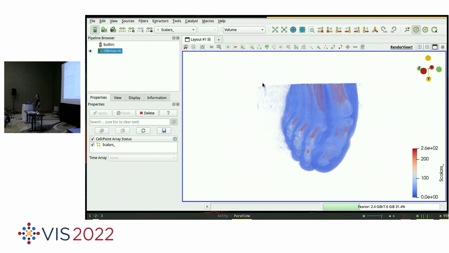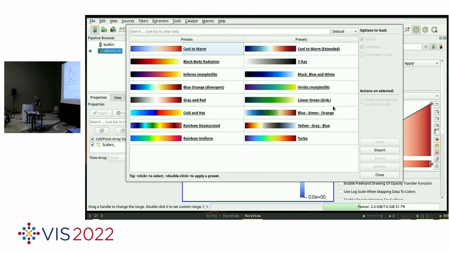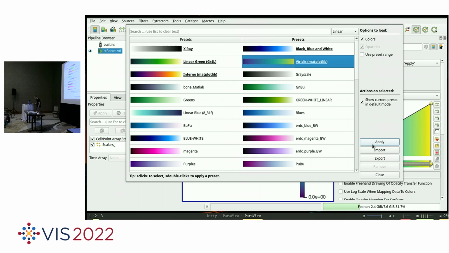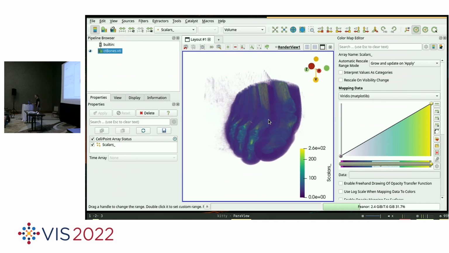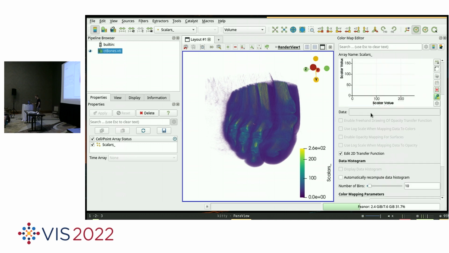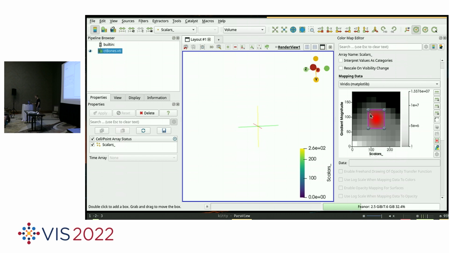And if I want to use the 2D transfer function, I need to open the volume color map editor. Here, this menu can already help me change the color map which is used to represent the data. For example, I will try this one, which is already interesting. But now there is a new menu, which is Edit 2D Transfer Function. It needs a bit of pre-computation. At first, nothing is shown with this volume representation. But if I double-click here on this